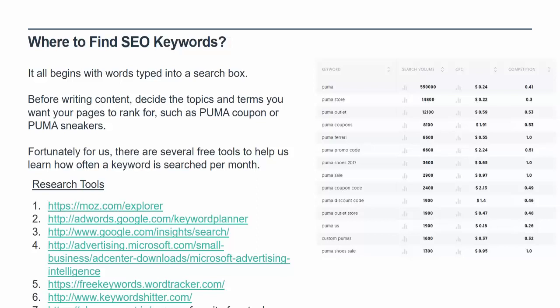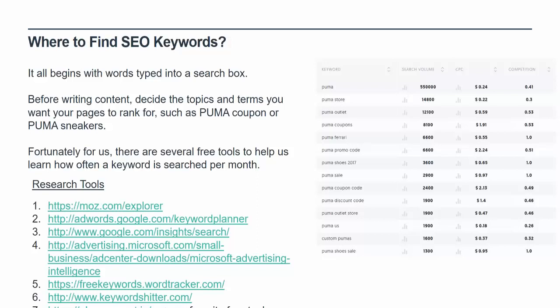So you've got to ask yourself, could you provide sufficient value to outrank Puma.com? If the answer to that is no, pick a longer keyword. They call that longer tail. Pick a keyword that's a couple words, and you'll have less competition. That's a really quick tip that you could adopt.